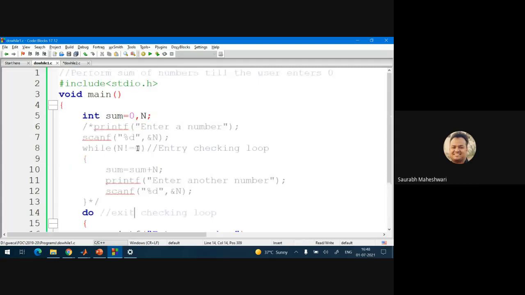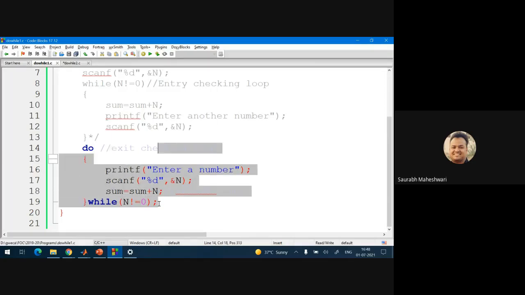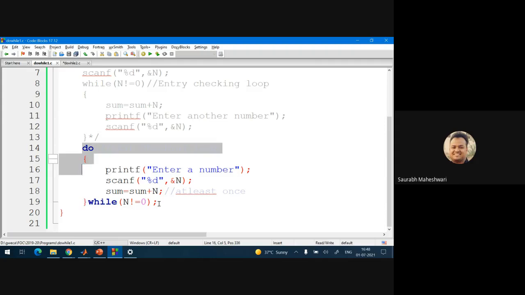Let us run the previous program first. We have not run it yet. Let us see whether there is an error or anything. Okay, there is an error. So what is the error? The error is the semicolon. So this is the only loop which ends with a semicolon. We saw that while and for loops do not have any semicolon, but this has a semicolon. So can you remember that a do while loop will have a semicolon?